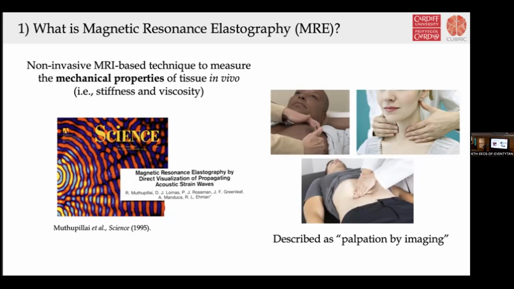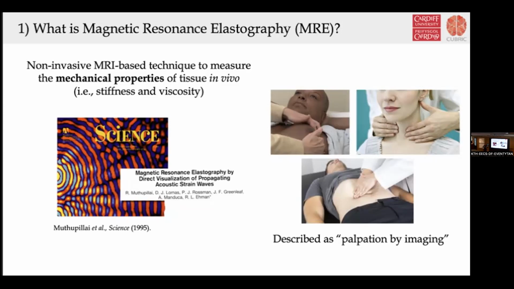So obviously there are problems with that, because as a physician it's very subjective and it can't be quantified. And of course, if you want to look at other organs like the brain, you can't palpate the brain because of the skull. So this is a new way of